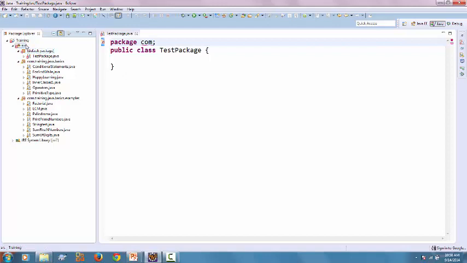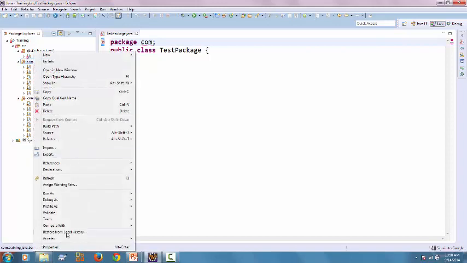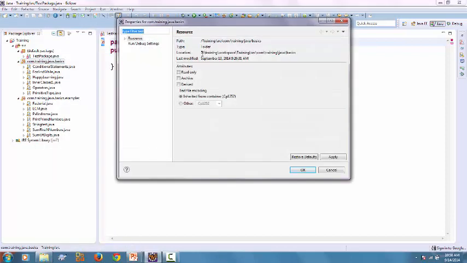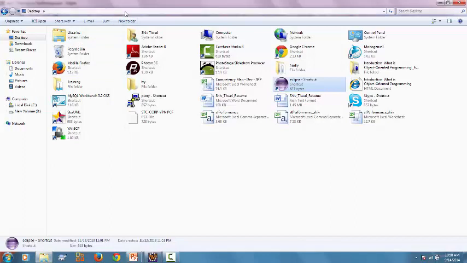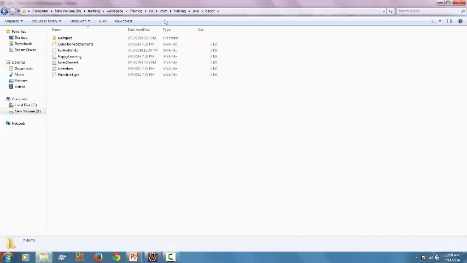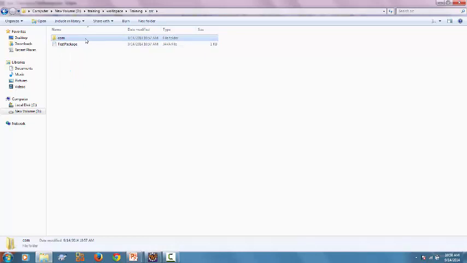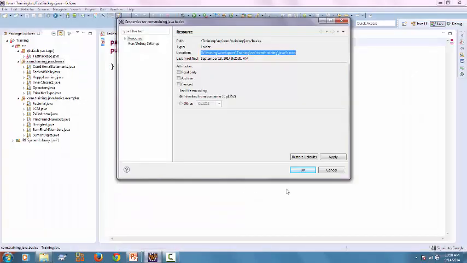How? I am not seeing any com package. Oh, com is already there, right? So if you see here, this is again a package. Let's go to the folder structure of that package. This is available here. I'm going there and opening the folder structure. If you see here, in src we have com. So every folder is kind of a package. So com is already there, and I have to move that Java file